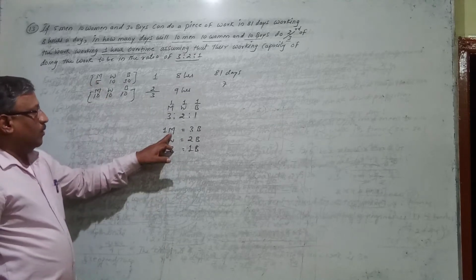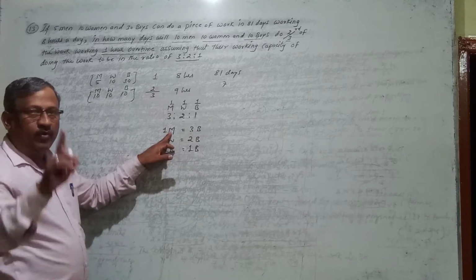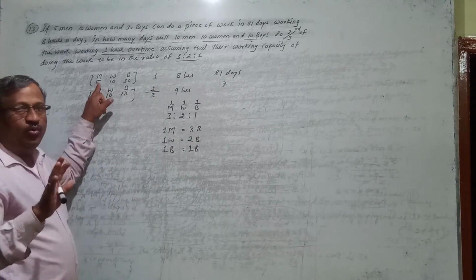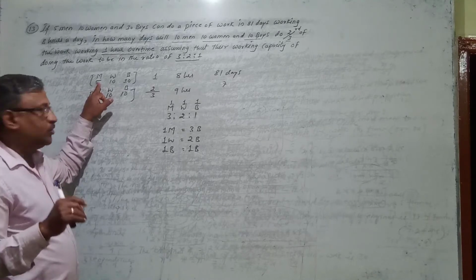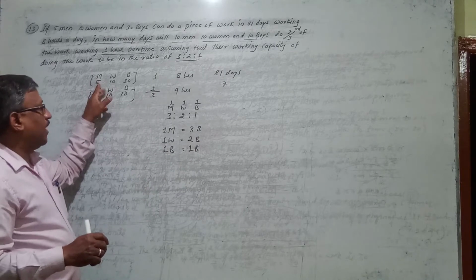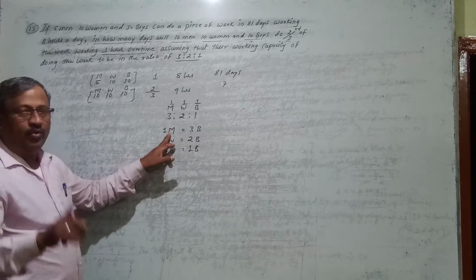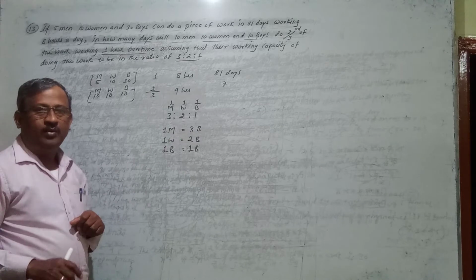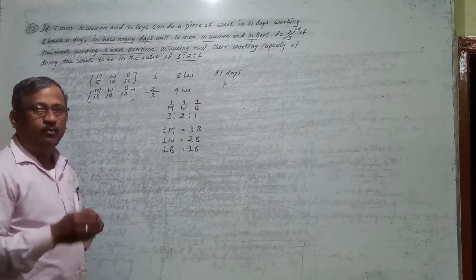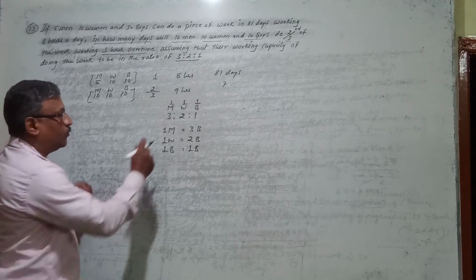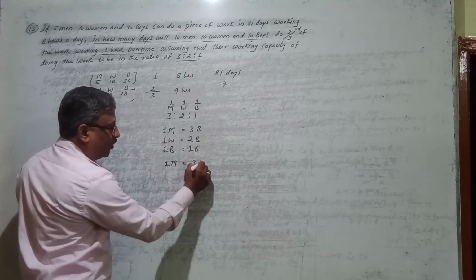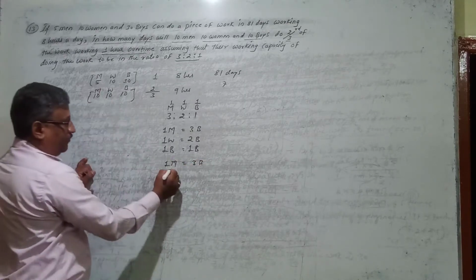If you don't want to employ one man, in that place you have to put 3 boys. So suppose I don't want to employ 5 men. In that place, how many boys do I have to put? I want to replace men with boys. If you don't want to employ 1 man, you have to put 3 boys. So if you don't want to employ 5 men, how many boys do you have to employ? For that you have to put the equation. 1 man is equal to 3 boys. So what I want is 5 men.